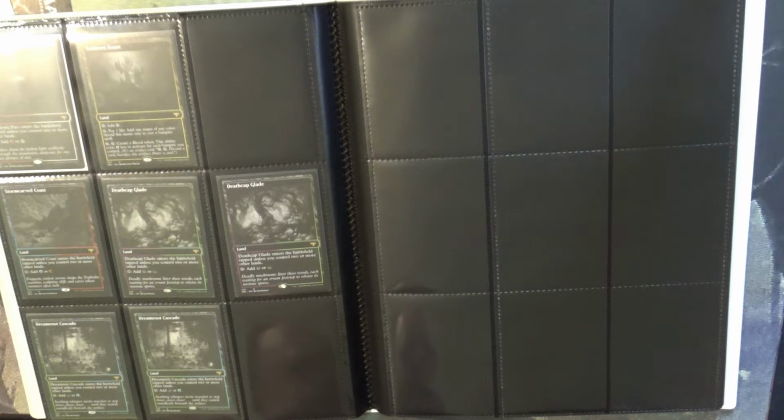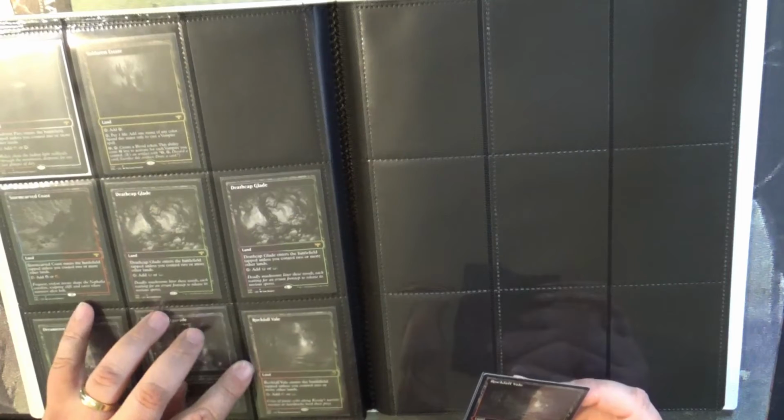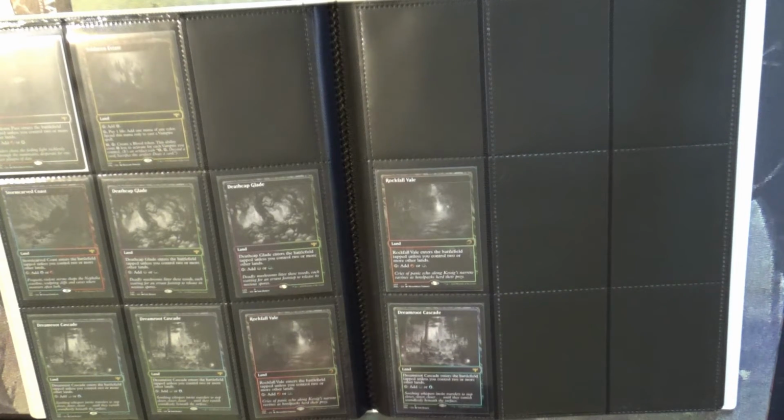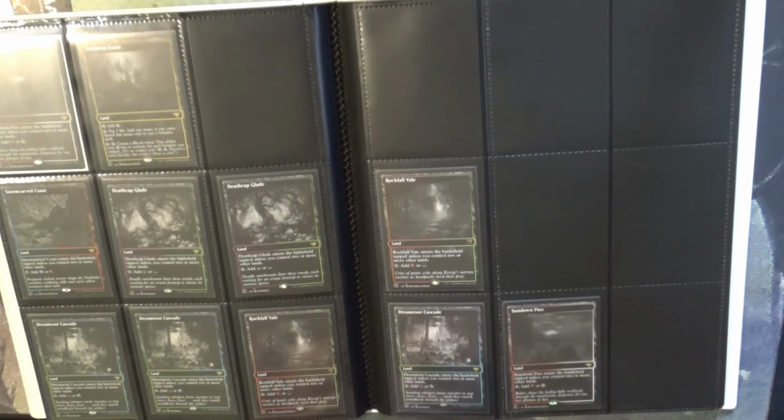Because I opted to pick up a couple of extra lands from the set, that's why. So that really is what I opted to do here, to pick up extra lands. The reason why, as I mentioned, I picked up some of these is because I found them for a very reasonable price. So I was like, sure, I'll pick those up, because that means I can make use of them. The other thing that I did, and this is why I picked up the Shattered Sanctum, is